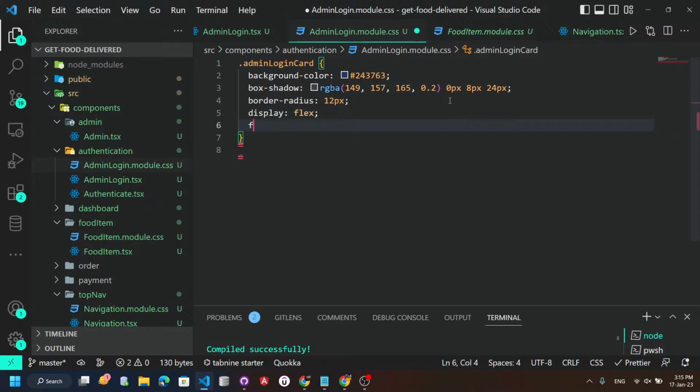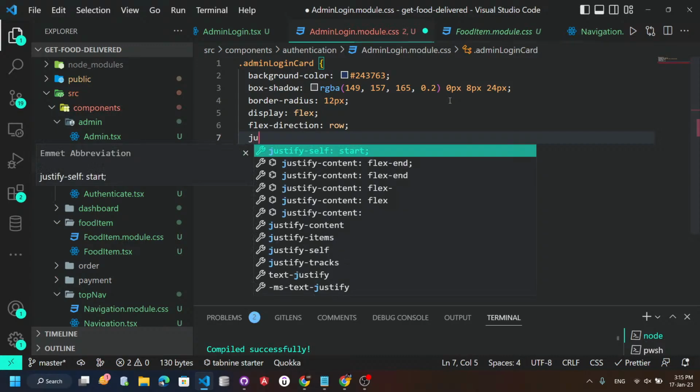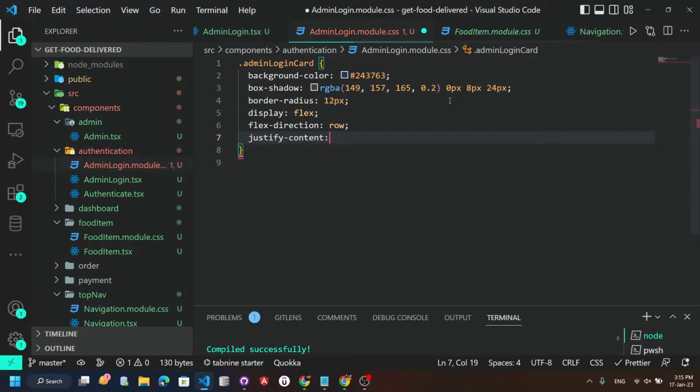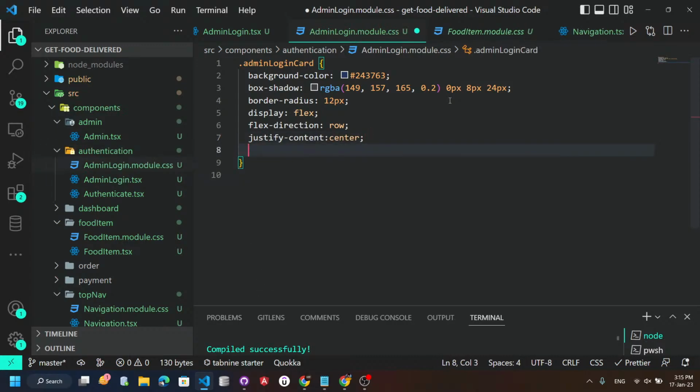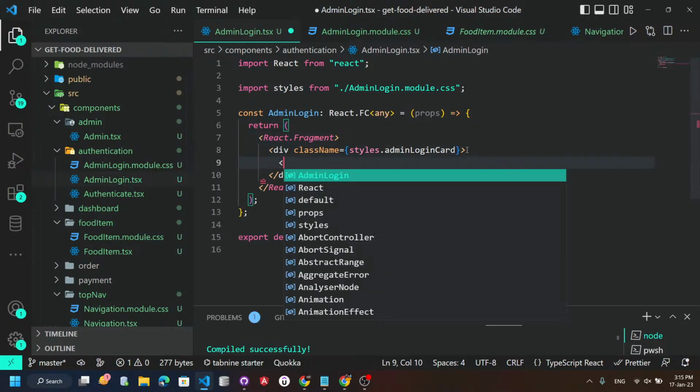flex. I will give it a flex direction of a row. I will then give it a justify content center, and I will try to align my items towards center. Let's hit save. And अब इसके अंदर, इस div के अंदर मैं अपना form बना सकता हूँ. So if I